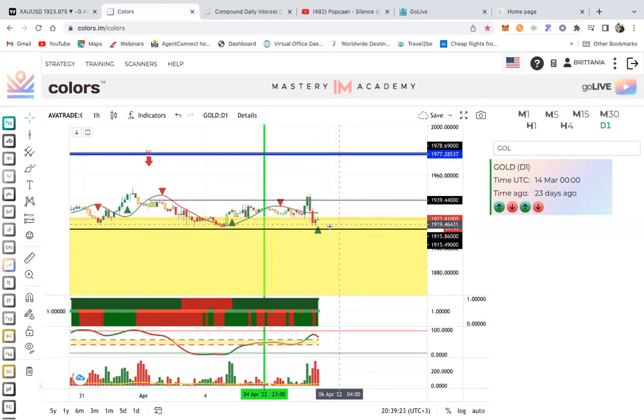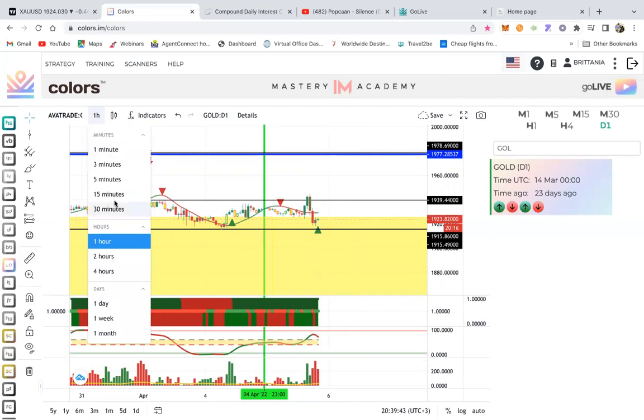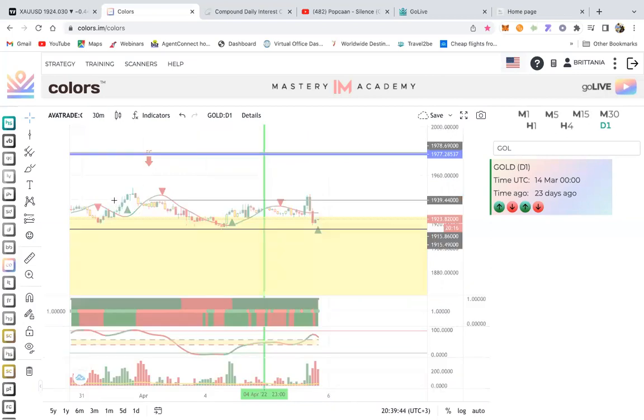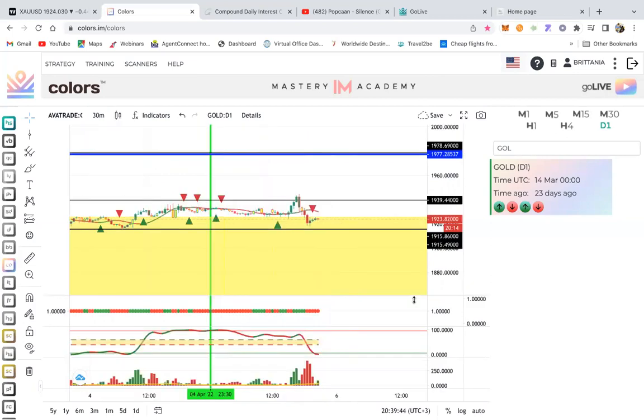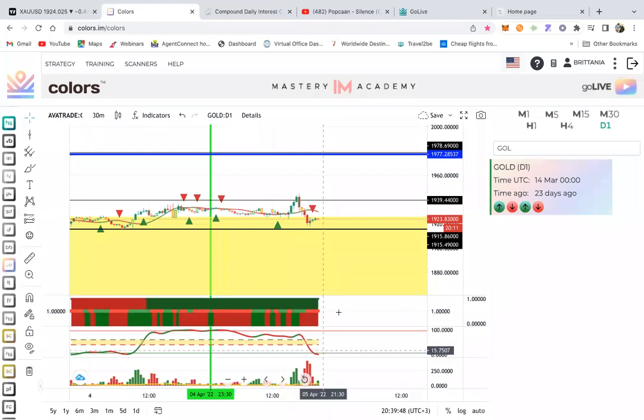So in this case, we have a green triangle, we have a green dot, but down here isn't green yet, and we don't have a green solid candle. So if it doesn't line up on the 1 hour, you'll drop to your next time frame. And this is how I've been mastering this strategy for the last 1.5 years, guys. One year and some days. We may go for 1.5.